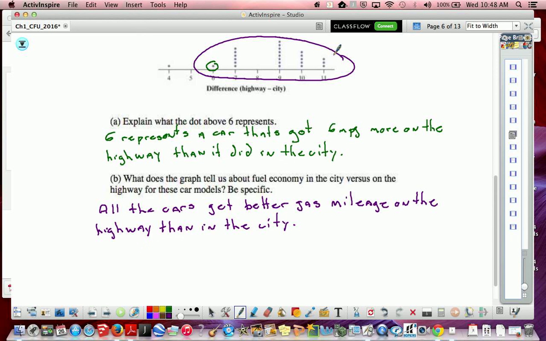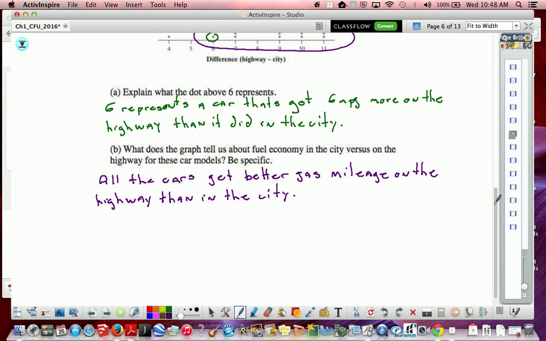Or maybe I might say something like that: all but one car gets at least 6 miles per gallon more on the highway